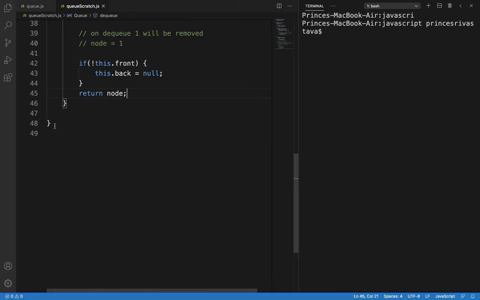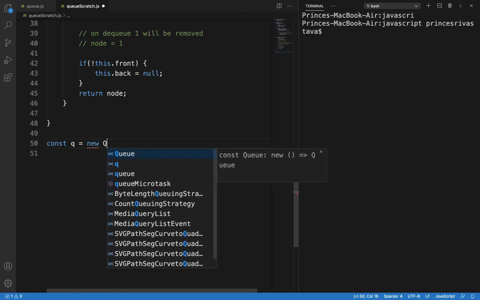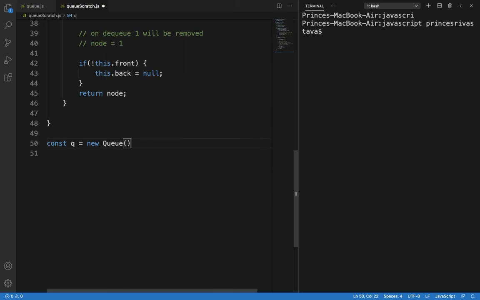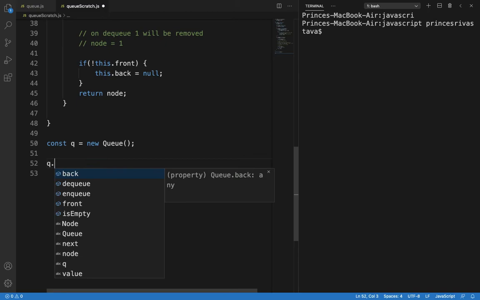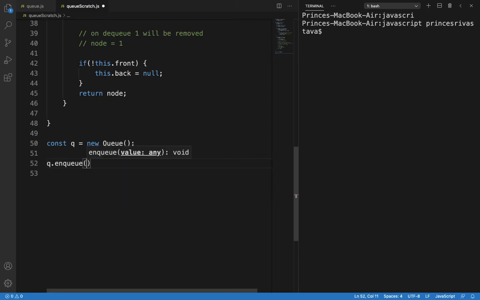Now let's see if this is working or not. Let me create a constant q is equal to new Queue. q dot enqueue 1.